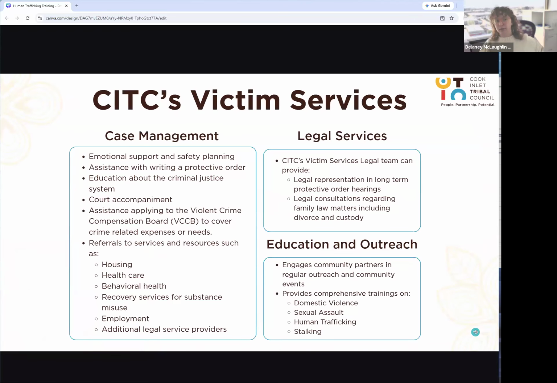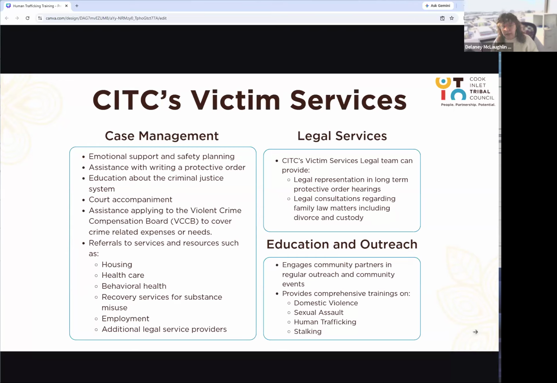So CITC's Victim Services, previously we were the Alaska Native Justice Center. We recently merged with CITC, which we were always a part of, but we're now streamlining that in order to increase participants' access to our services. And so what we can offer first and foremost is case management. And our case management looks like